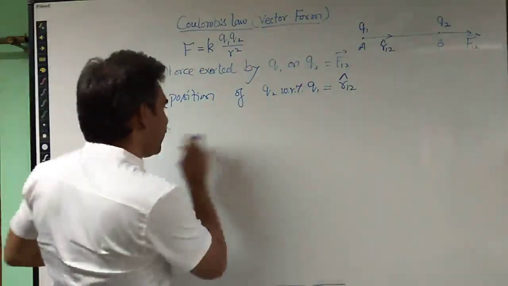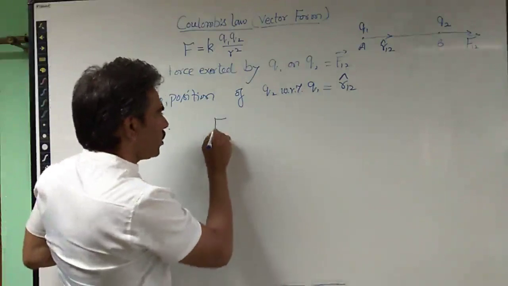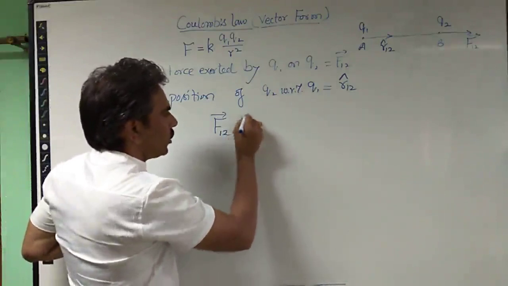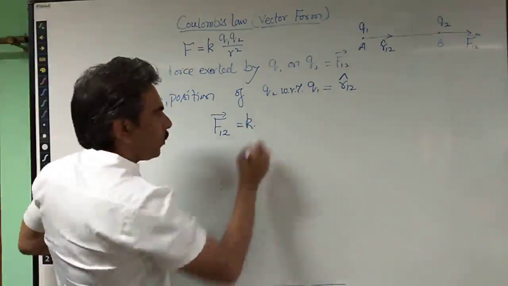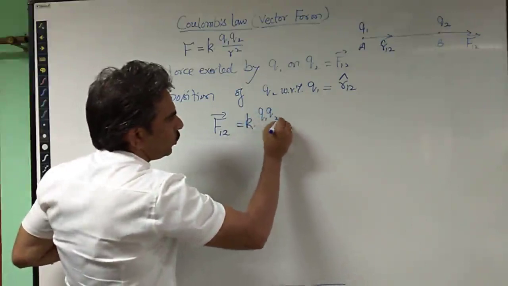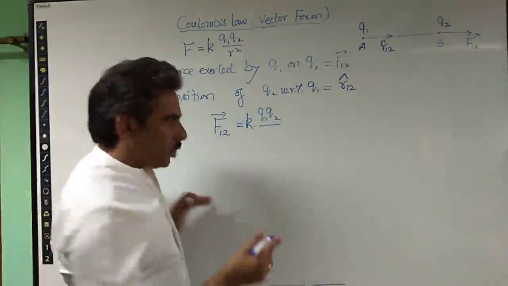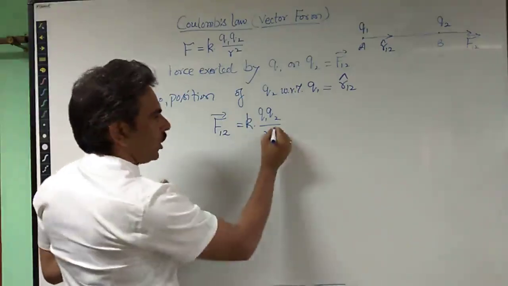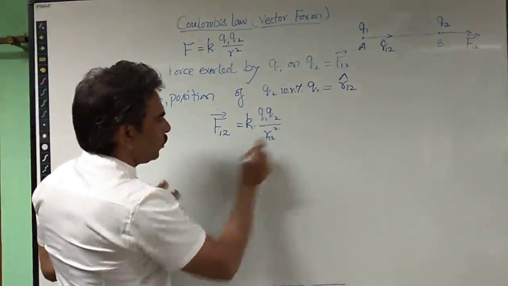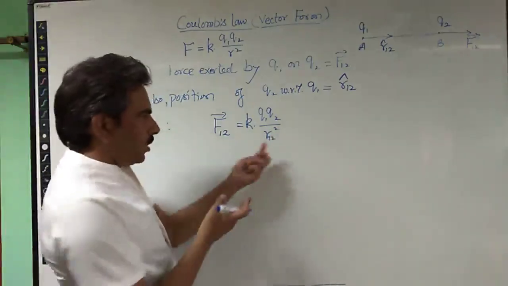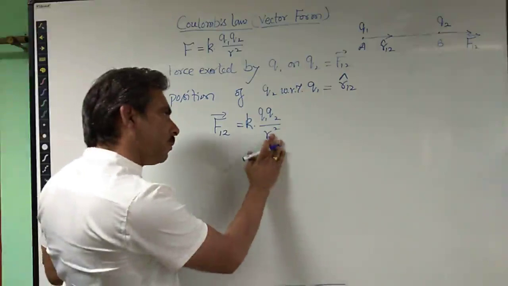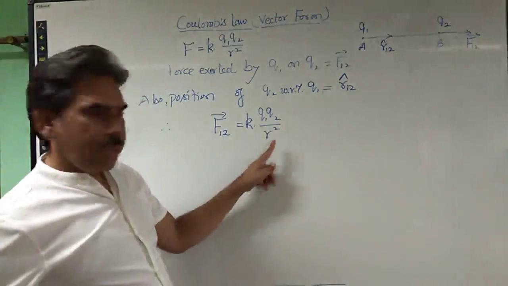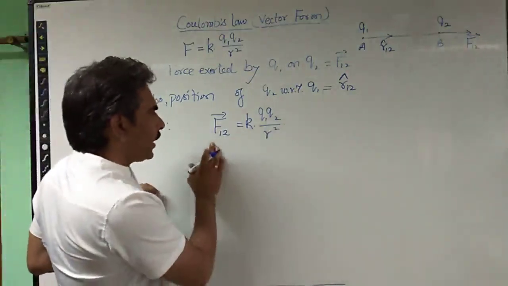Okay, therefore we can write the expression for this force. This force can be written as F12 vector equal to the constant K, which is 1 upon 4 pi epsilon naught, times the two charges q1 into q2, upon the separation between the two charges, which in this particular case is r12, or you can simply write it as r square. Because we are interested here in the magnitude only, you can just write the symbol r here, not to confuse much. Into what is the unit vector along this force?